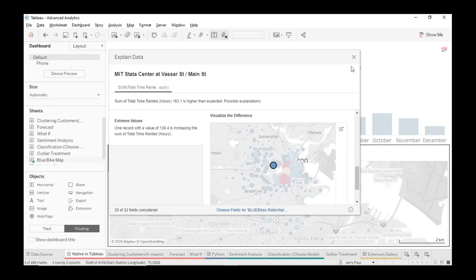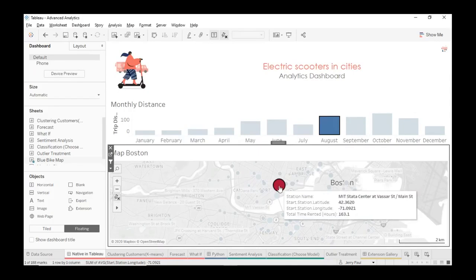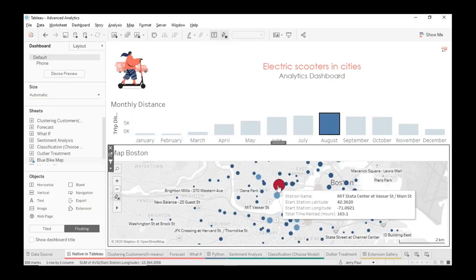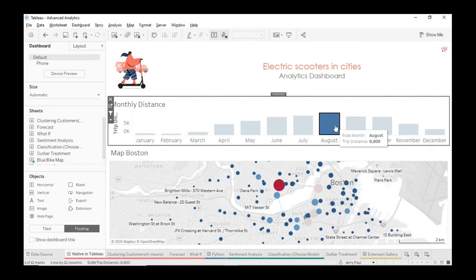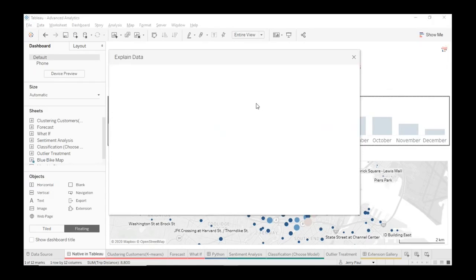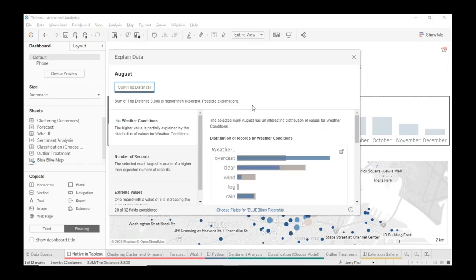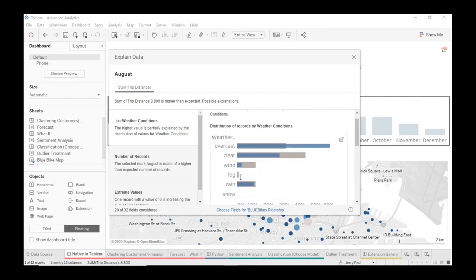busy as well. One of the key questions that you may ask is, okay, so why is that particular station at this point of time of the year really in demand? You could leverage Explain Data from here as well. This is how it opens doors for multiple questions. Explain Data helps you in answering those questions. Here it clearly tells you that the weather condition is really favorable for people to take the rides, which could be one of the significant factors as to why people opt for that particular month and that particular station as